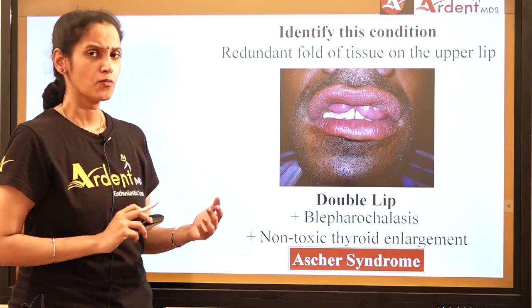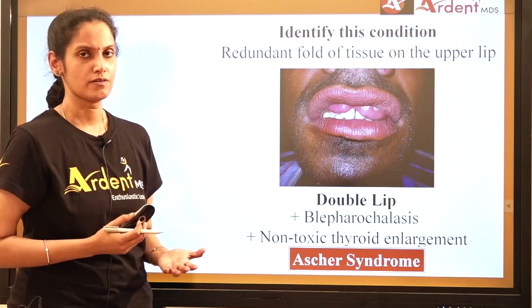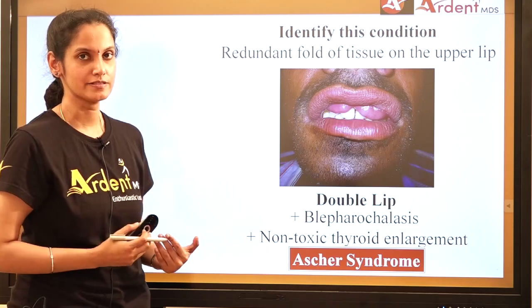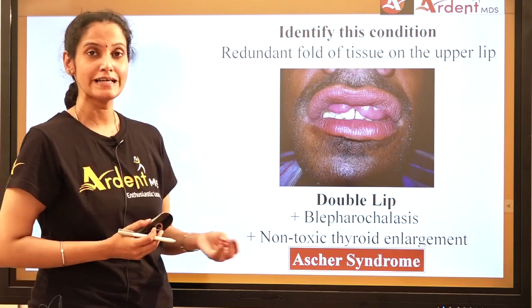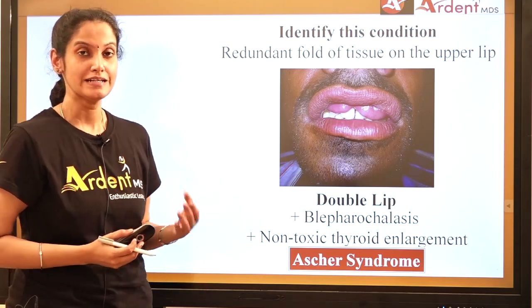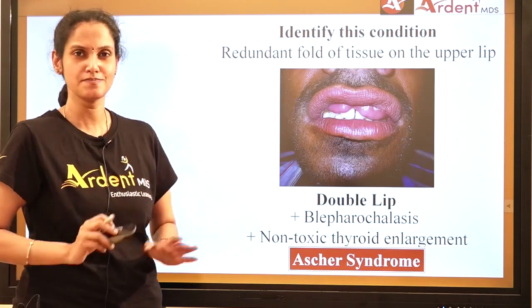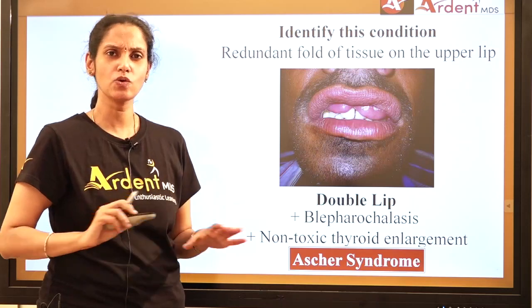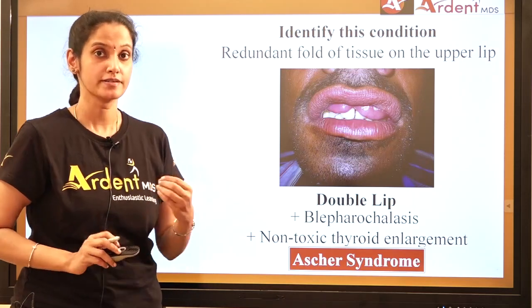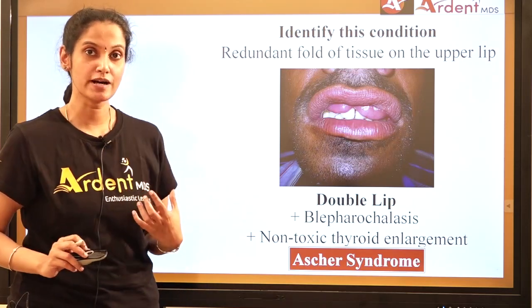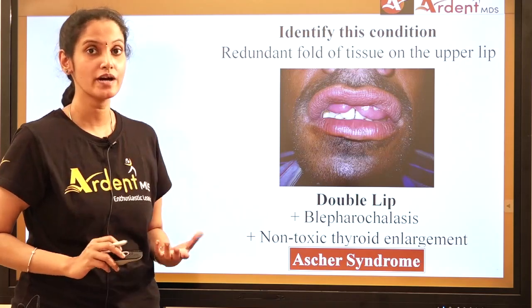And what could be the reason for an acquired variant of it? It could be because of deleterious habits of the patient. A lip sucking habit can also induce this double lip formation. Ideally speaking, it is unnoticed when the patient remains calm, but when the patient tries to smile, it becomes more evident, right?